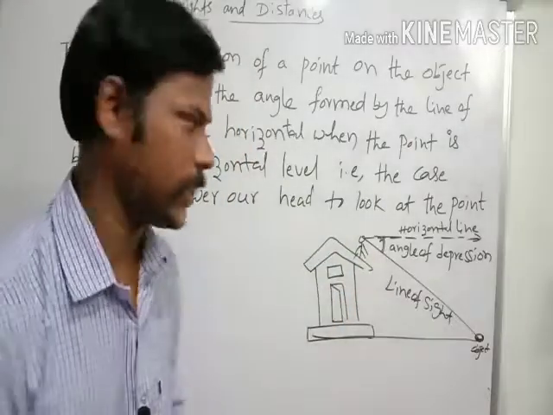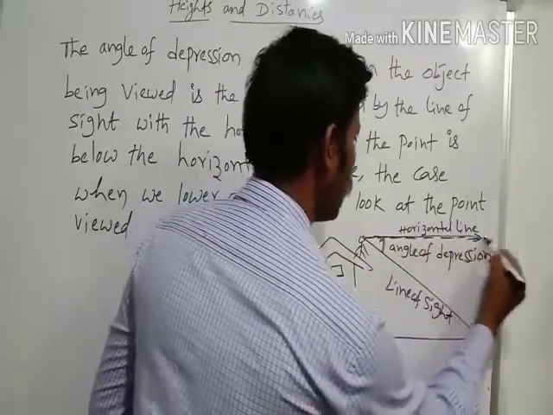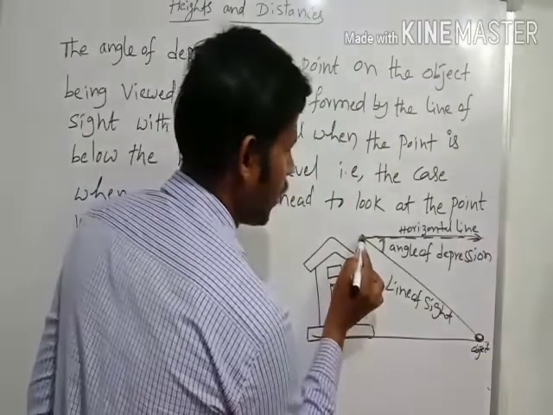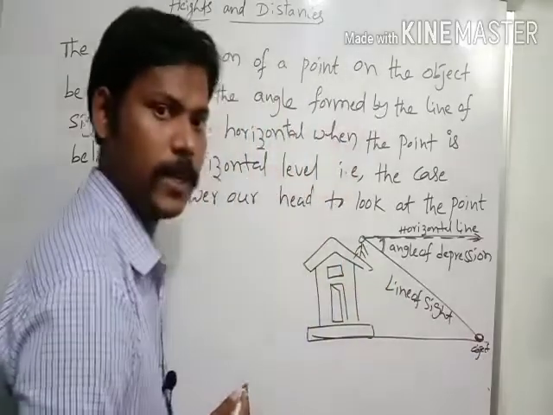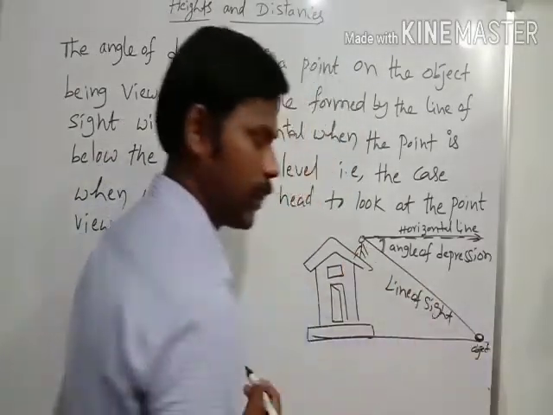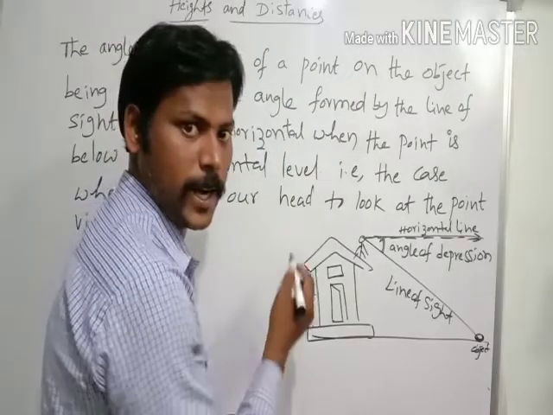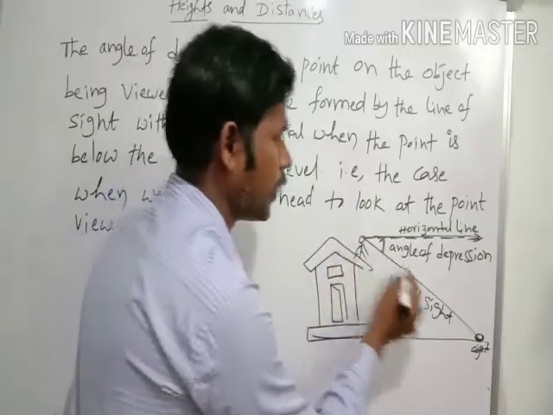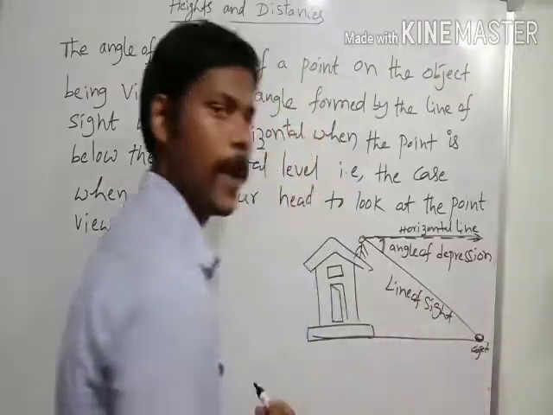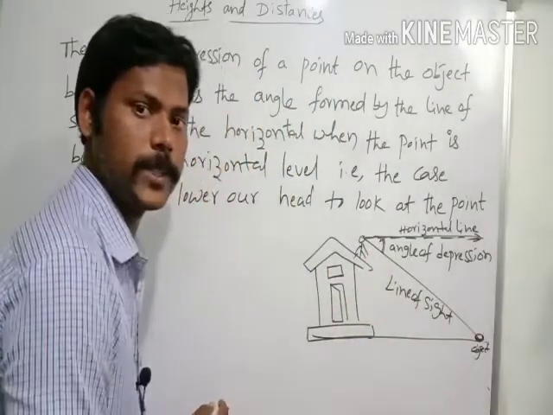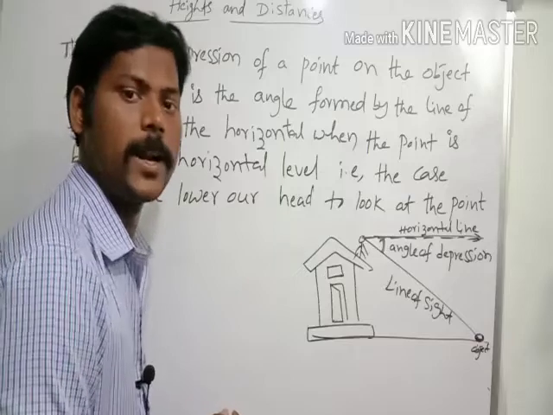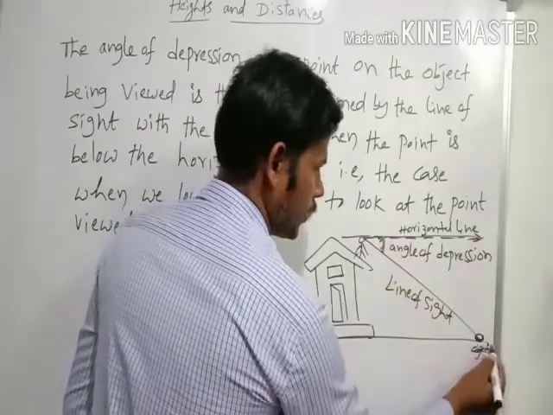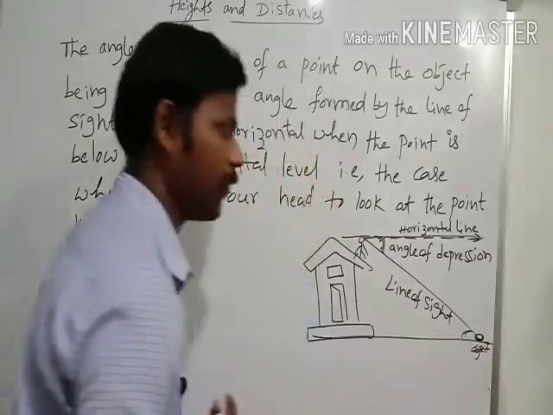Now here one thing you remember, children. The top line and the ground level are parallel lines. If you draw a line which intersects the two lines, this is called a transversal. A line that passes through two distinct points of the lines is called a transversal. Now see, these two are parallel lines. We know the concept from the previous year: alternate angles and corresponding angles. Now see here, this is one angle. Which type of angle is it? See here, all of you.